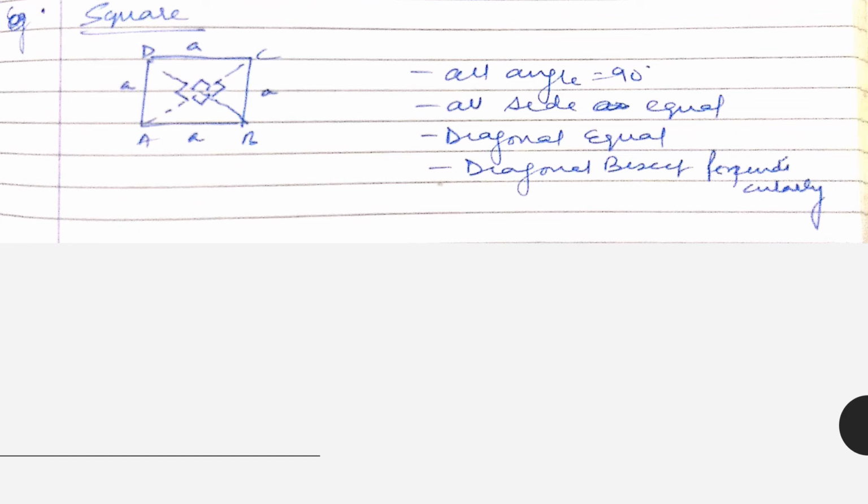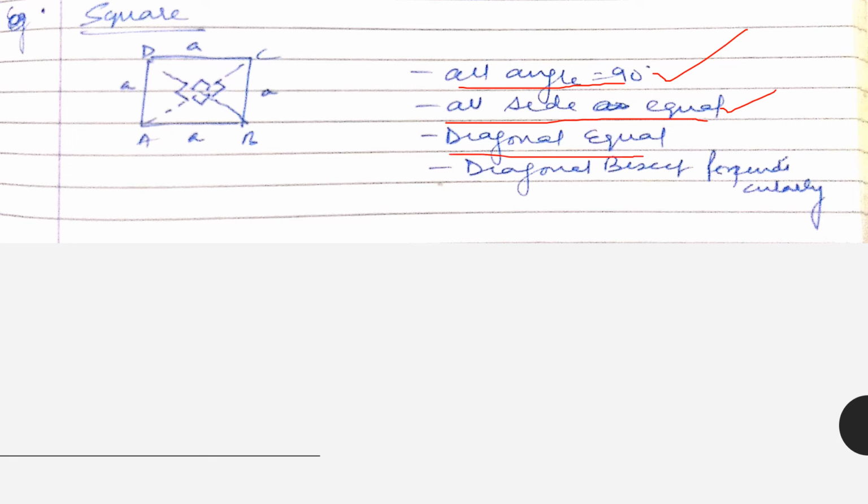Last but not the least, the third child, square. It contains almost all the properties. It is a mixture of everything. Let's see how. A parallelogram with all sides equal and all angles 90 degrees is a square. So in this, all angles 90 degrees, which is the same in square and rectangle. All sides equal, same in square and yes, rhombus.